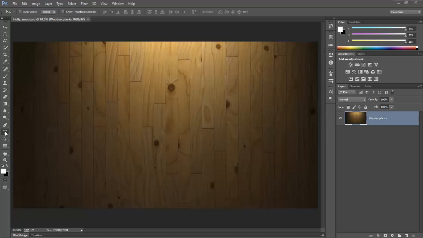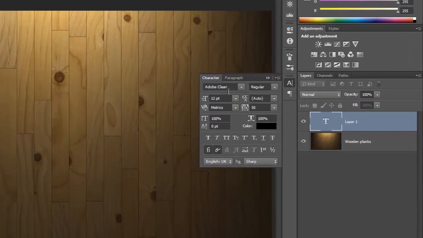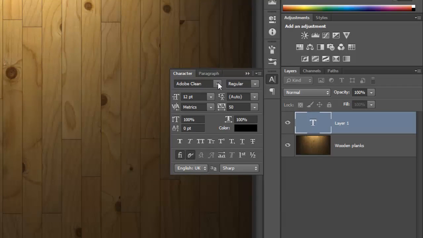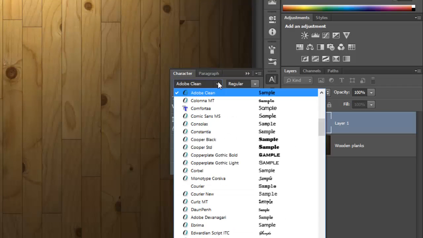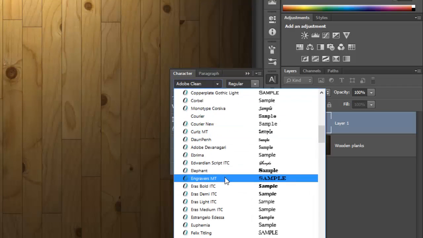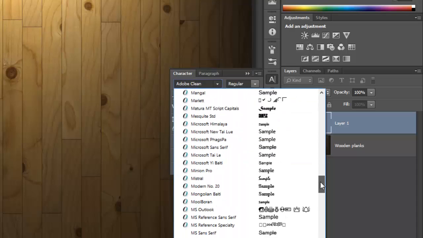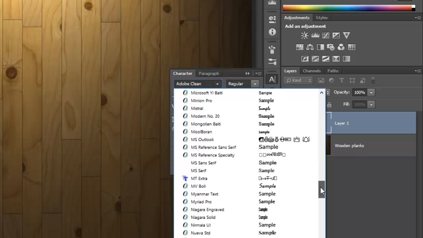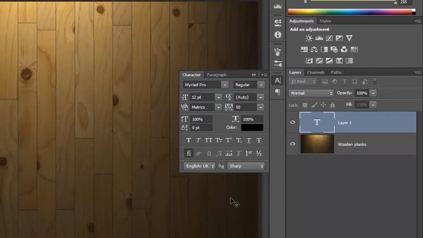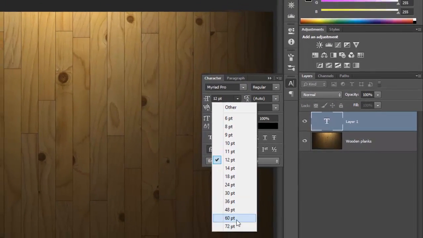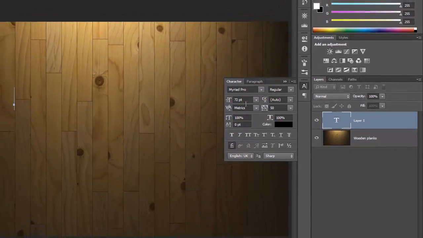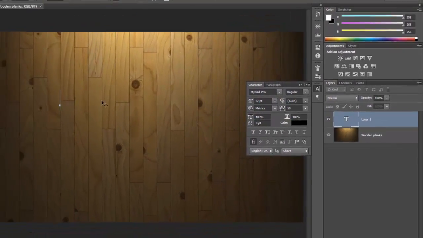So I'm going to click the text here and just click in the viewport here, and then I need to change my character here. I'm going to ensure I choose a good font that's pretty big, and I'm going to choose the Myriad. Let's go all the way down here. The Myriad Pro, that's a nice font there. Needs to be pretty big. Let's crank that all the way up to 70, probably going to need more, but initially